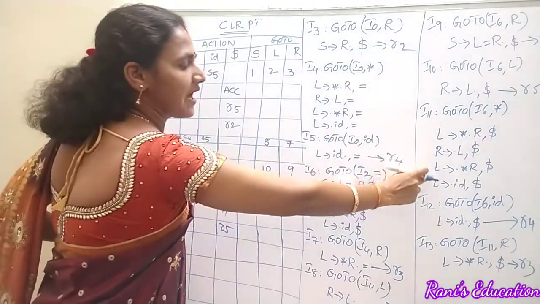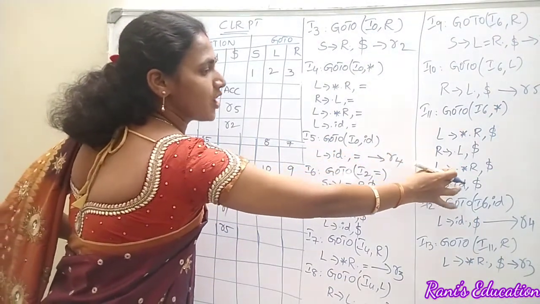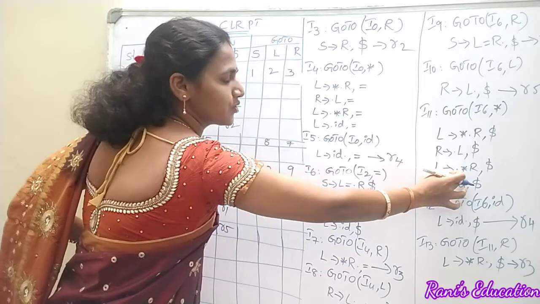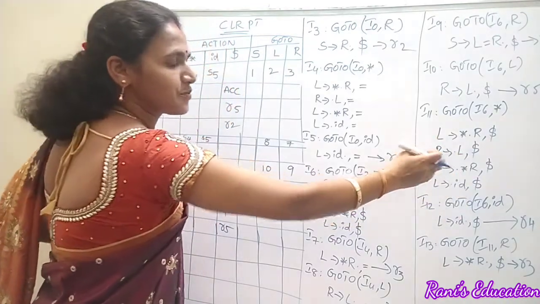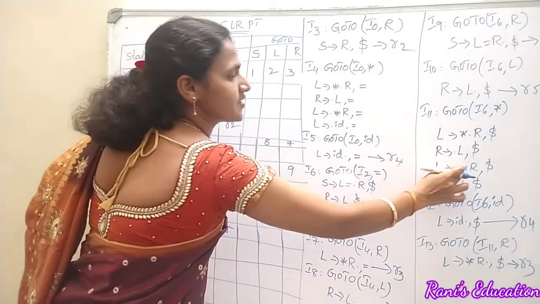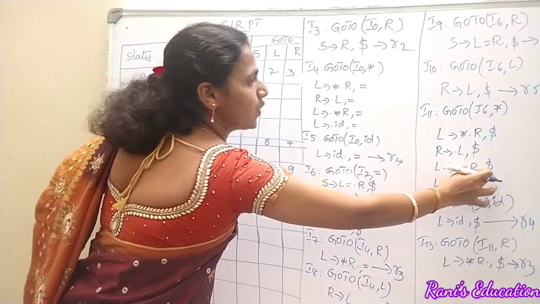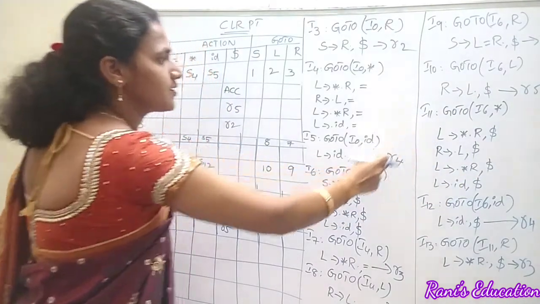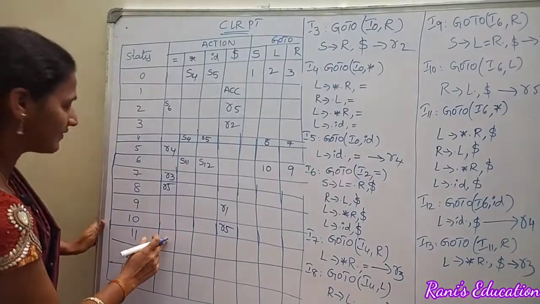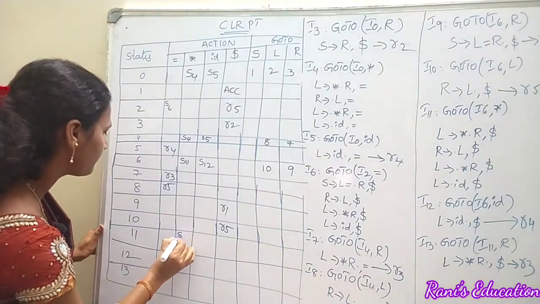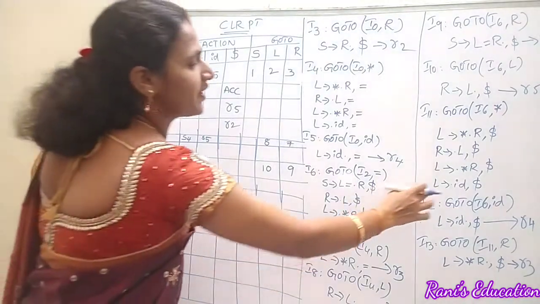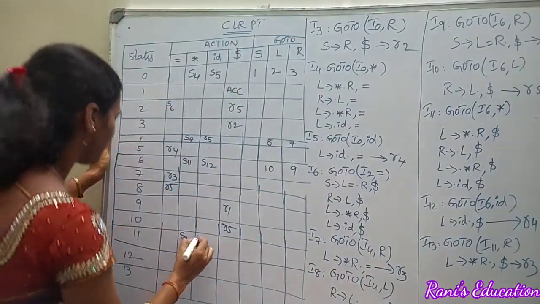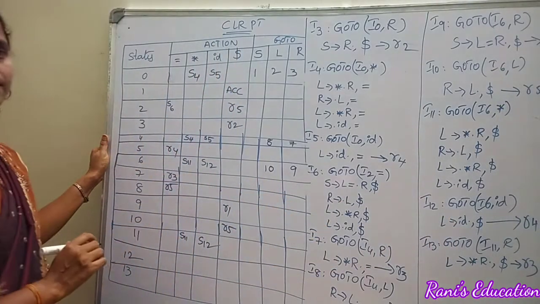I11. So here we have two more productions, right? Here we need to observe, are there any more productions whose RHS starts with a terminal? Yes, we have two such productions. We need to observe where such productions have been shifted. That is dot star is shifted to star dot with a look ahead dollar. In which item can we observe that? In I11, it seems. So for asterisk, for the 11th item, you are going to write S11. Go for dot ID is shifted to ID dot with a look ahead dollar in I12. So for ID you are going to write S12.